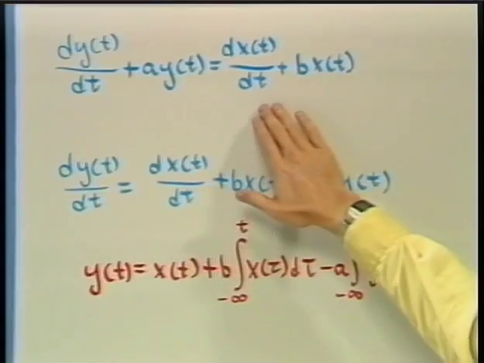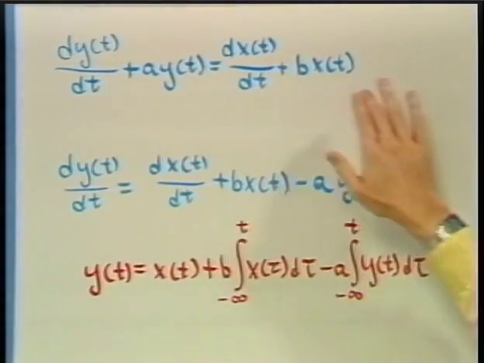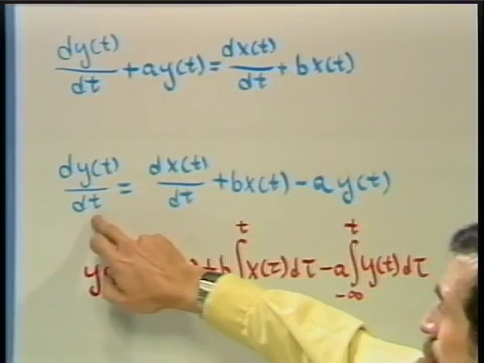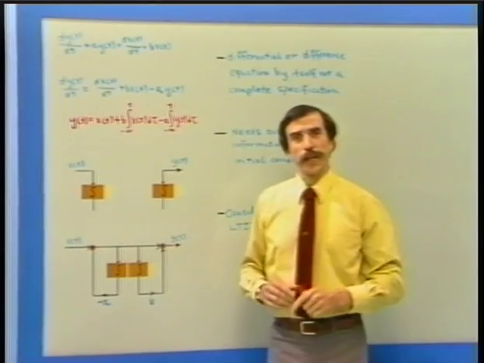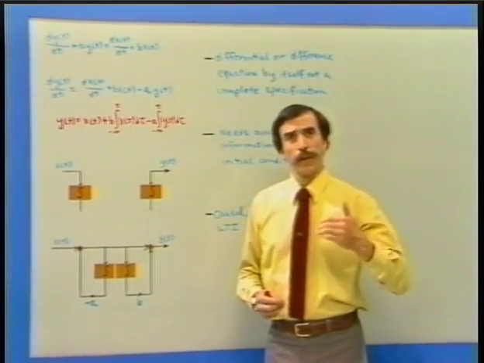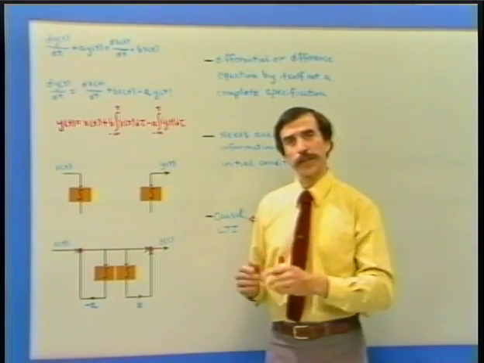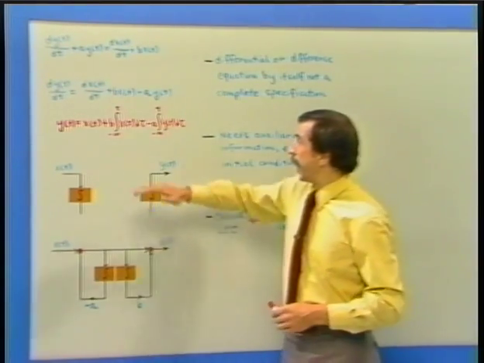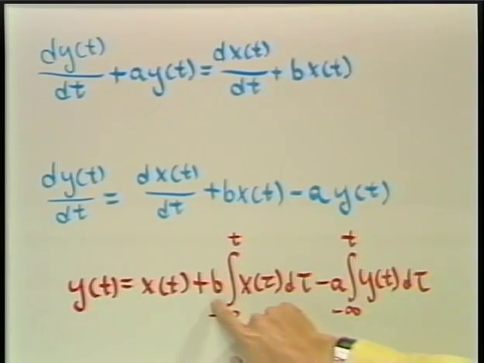And with the differential equation, let's consider taking all the terms over to the right side of the equation, except for the highest derivative in the output. Next, we integrate both sides of the equation so that when we're done, we end up with, on the left side of the equation, y of t, on the right side of the equation with the appropriate number of integrations. And so the integral equation that we'll get is, for this example, y of t, the output, is x of t plus